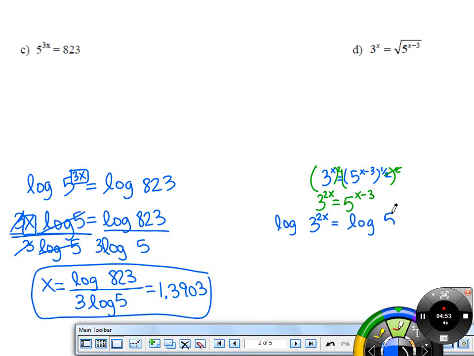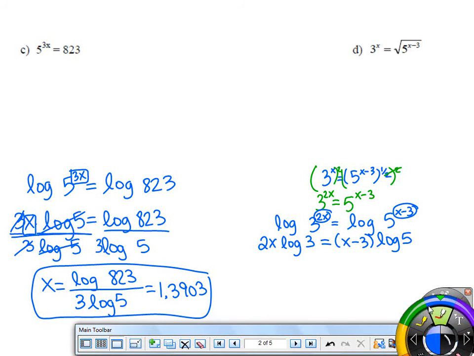And again, that seems silly, but in the end it's very helpful because it allows these exponents to be rewritten as factors multiplying those log quantities. Now in this problem, this is a little more difficult because x shows up in two places. So just like you would in any other problem, what you want to do is get all the x's on the same side of the equation and maybe the numerical values on the other side so that you can solve it. And that's going to require distributing